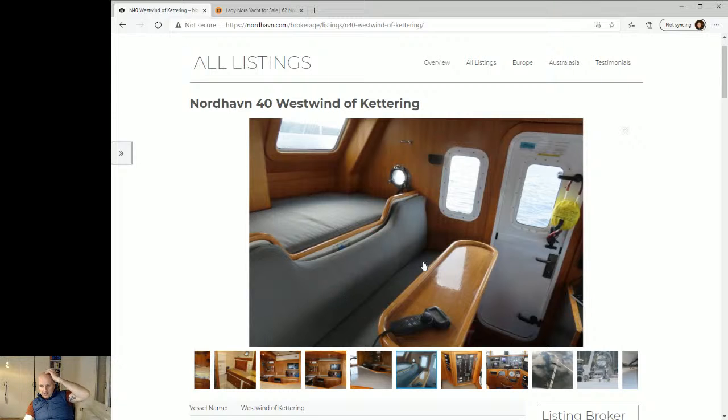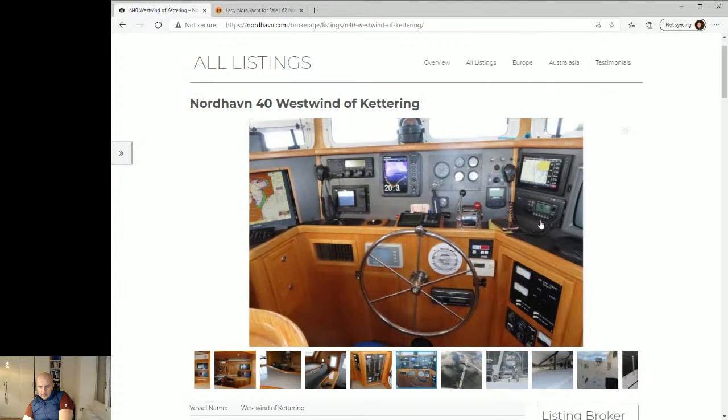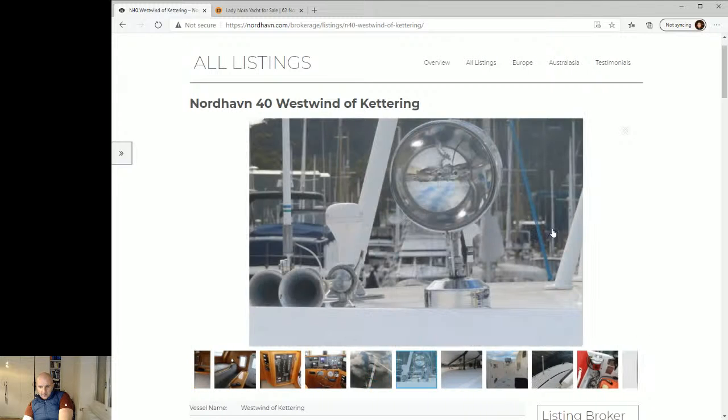Yeah, again, you can tell the size is a lot smaller. And this here looks like it could be a remote control, so maybe you can get out these side doors and control or steer from outside maybe. Okay, you've got some nice watertight doors there. So it's all pretty heavy duty equipment they use. Okay, boarding ladder on your duck tail,